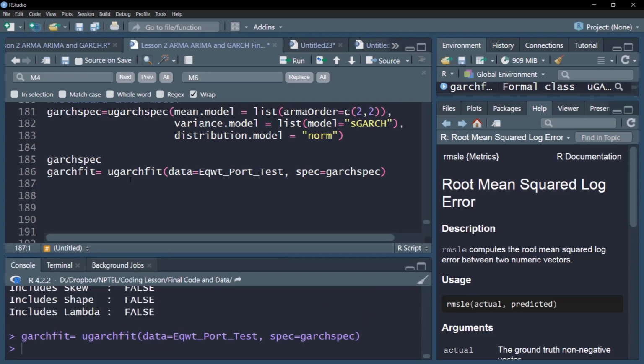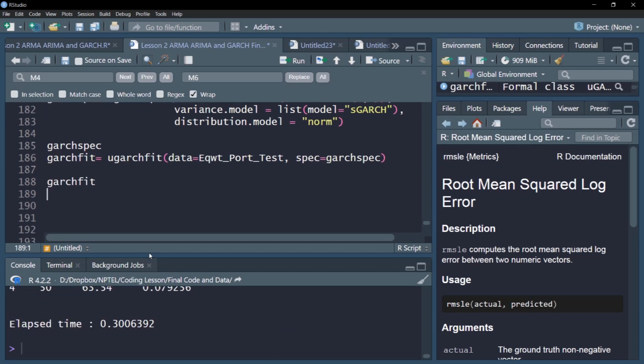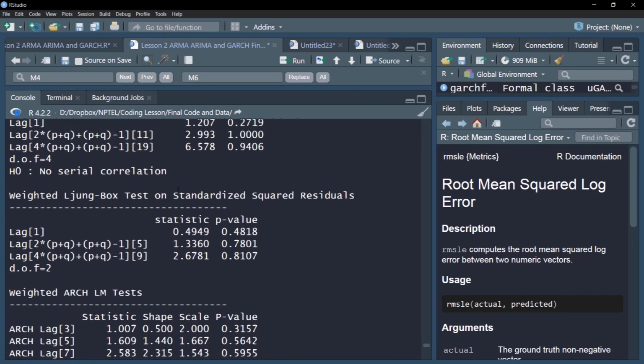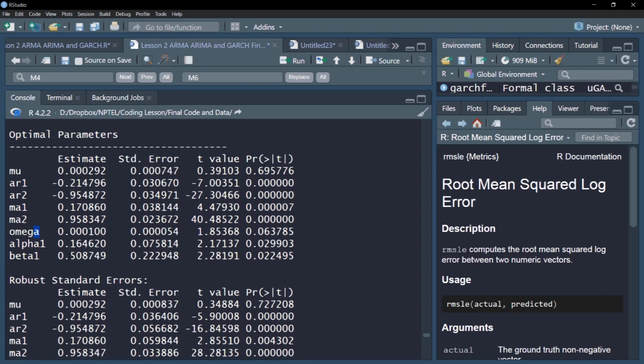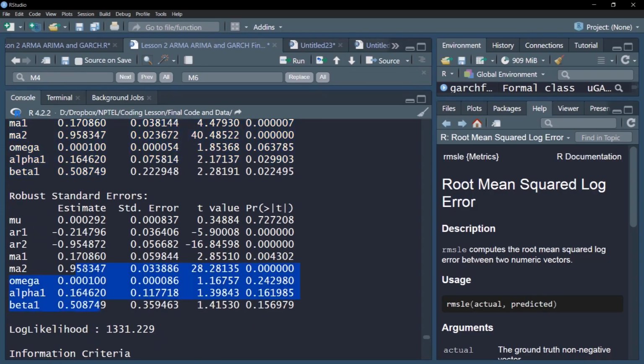Once the object is fitted, you can print it also to see what is inside this object. For example, it contains a lot of information for us, starting from the parameters mu, AR1, MA1, MA2, omega, alpha, all those parameters. For interpretation, you can go and check the lectures on the interpretations of these estimates.